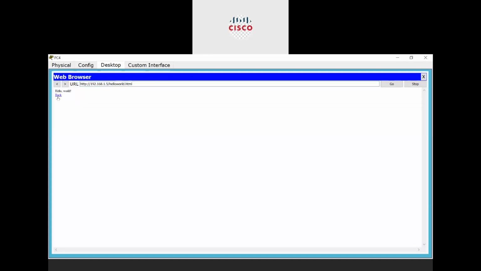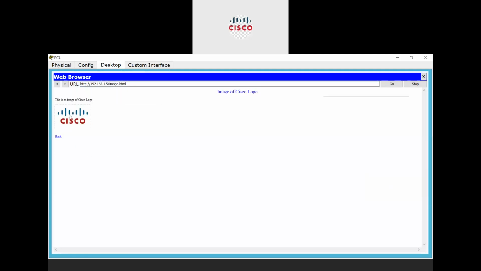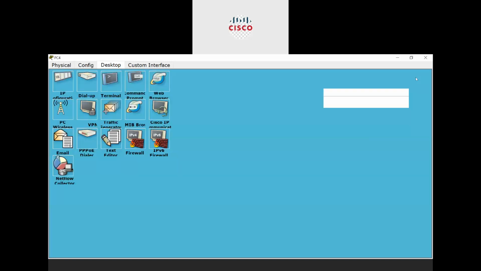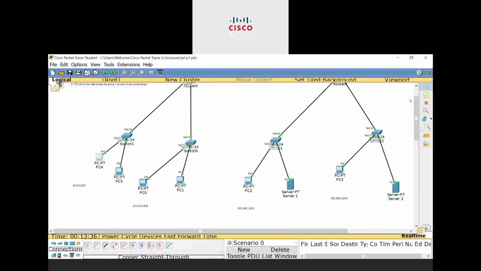A small page, hello world, a copyright section, an images page with the Cisco image. So yes, we are able to access the web interface as well. Let me check if we are able to access 192.168.2.2. Yes, we can access 192.168.2.2, server number 2.